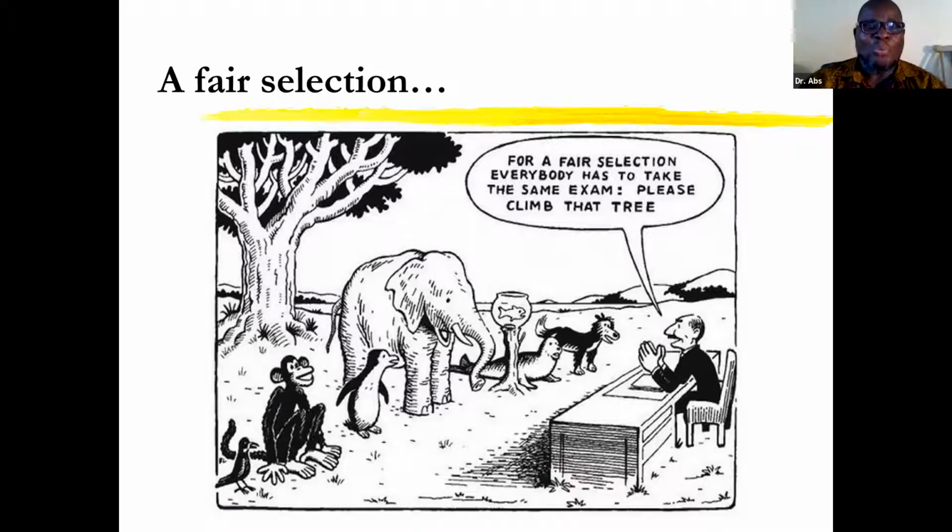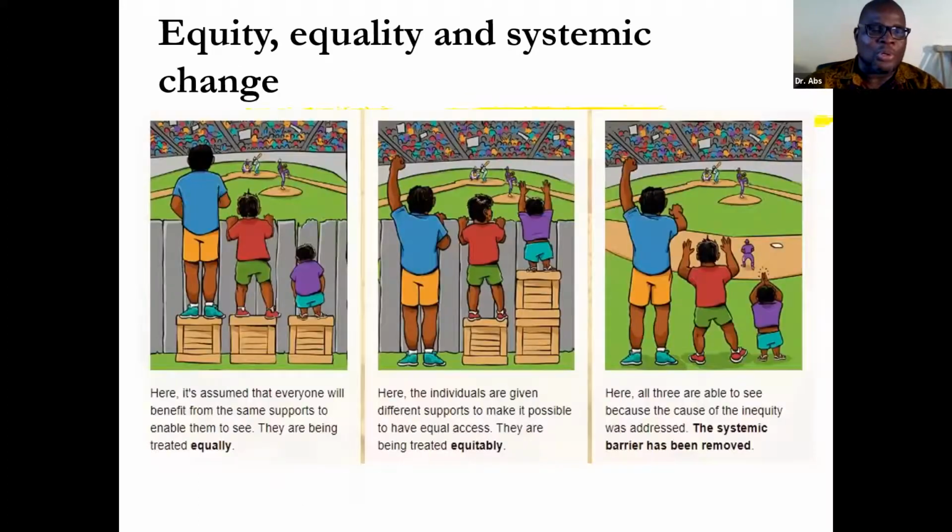It's really, how do we create the environment to be both equitable, but also equal? So we go to the next slide as another example of this equity and equality. We have a situation here of three pictures, three boys or three people. One is short, the other one is shorter than the other, and the other is taller. So they're all standing on an equal box. So we assume equality, right? Because they're all treated equal. But one of them cannot see what's going on the other side of the fence. So it is not equitable, right?